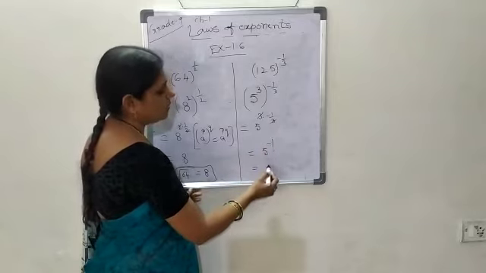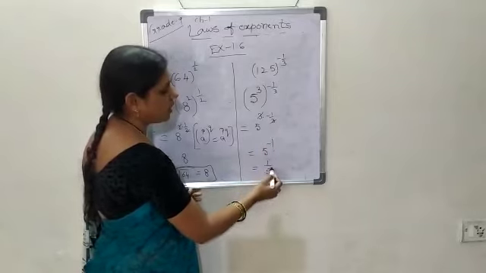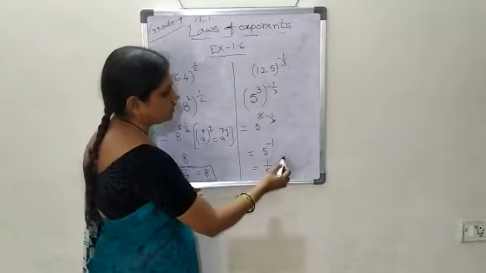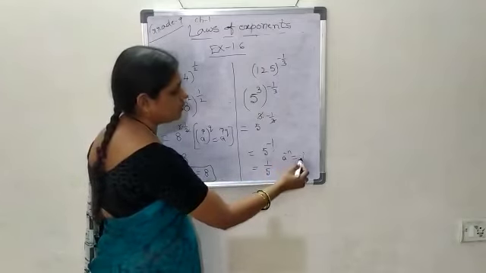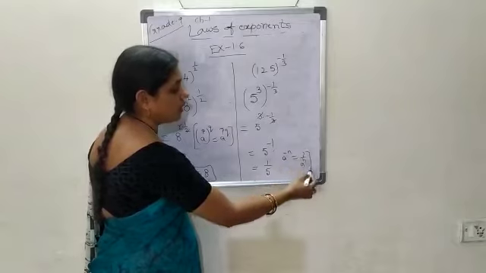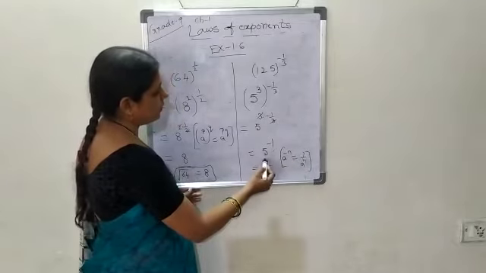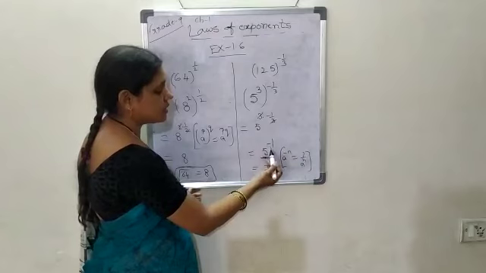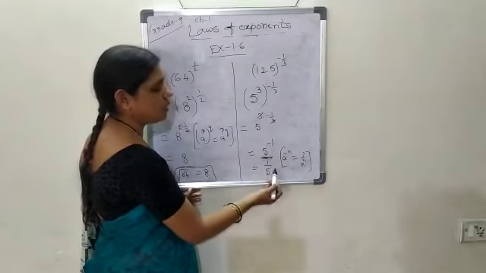Actually here we can apply one more law also. We can write it as 1 by 5, using the law a power minus n equal to 1 by a power n, which we have done already in 8th grade. So 5 power minus 1 is also definitely correct. Otherwise the same can be written as 1 by 5 to the power 1, or 1 by 5.